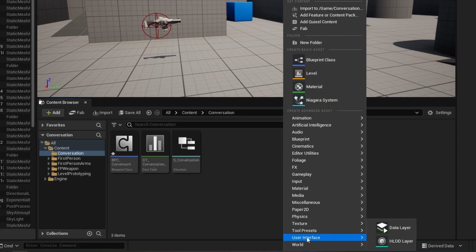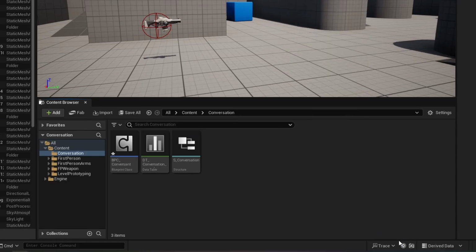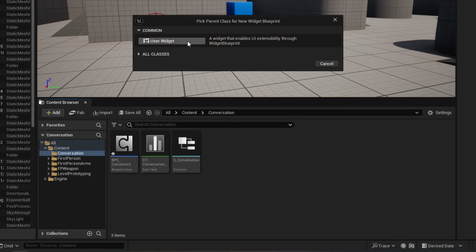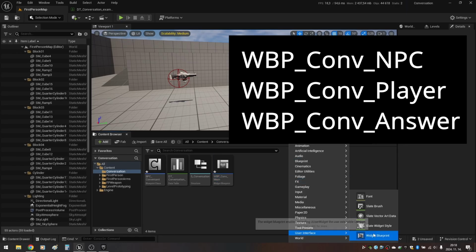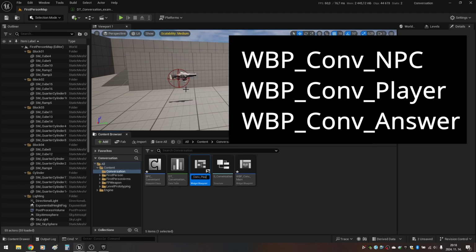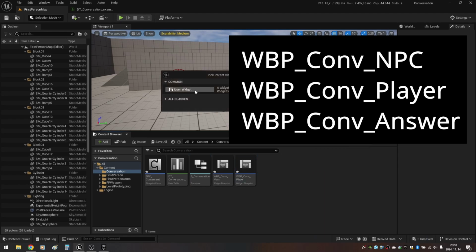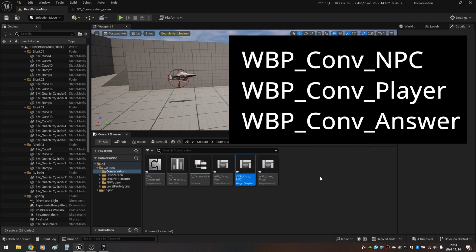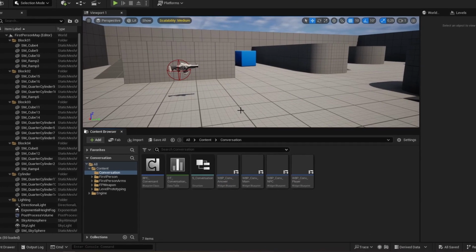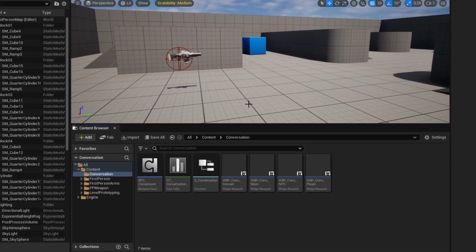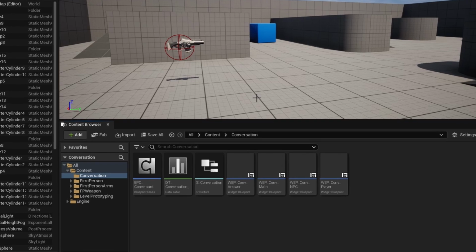bpc_conversant. Now go back to the folder, right click, select user interface, widget blueprint and user widget. Name it wbp_conv_main. Using the same method, we create 3 more widgets and name them wbp_conv_npc, wbp_conv_player and wbp_conv_answer. Great! Next we will go through all of our blueprints and create both the variables and event nodes in